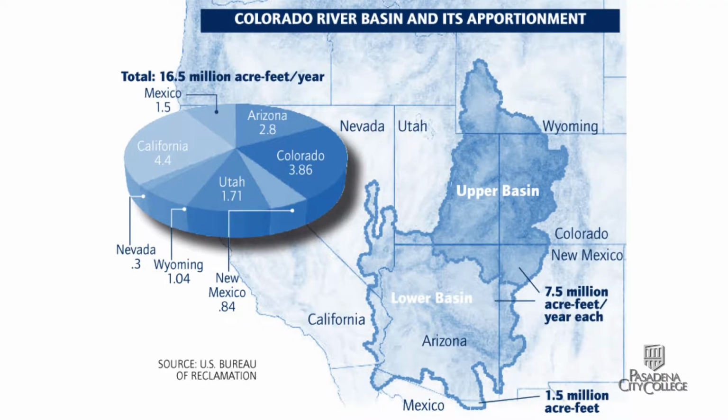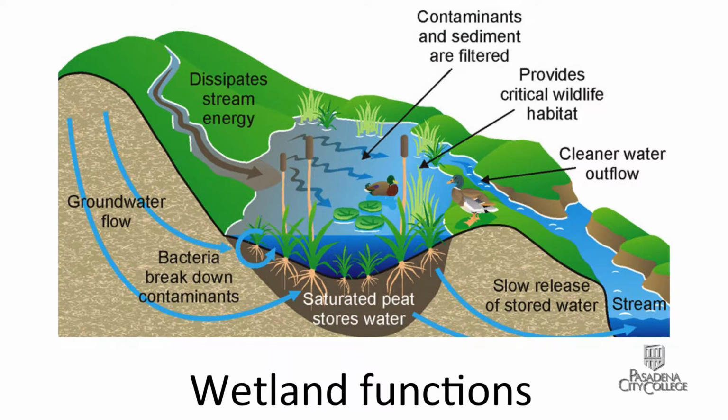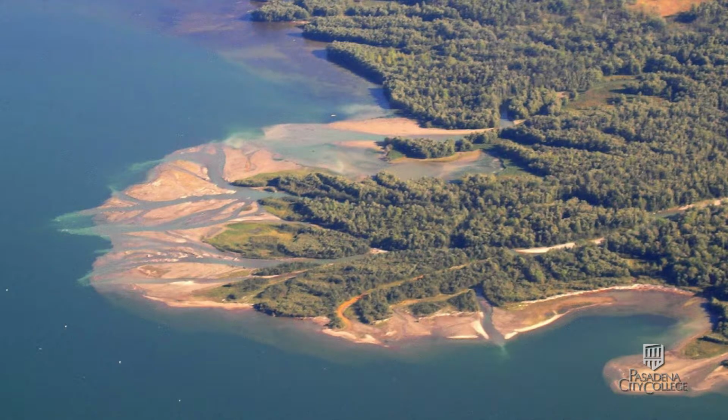The Colorado River Basin spans 7 states. When we use water from this river, we are using rainwater from all 7 states. This picture clearly illustrates the importance of connecting the river with the ocean. In addition, coastal wetlands at the mouth of rivers also protect the coastal regions from storms, recharge groundwater, and purify the water as it filters into the ground. For this reason, wetlands are also known as the kidneys of the earth.